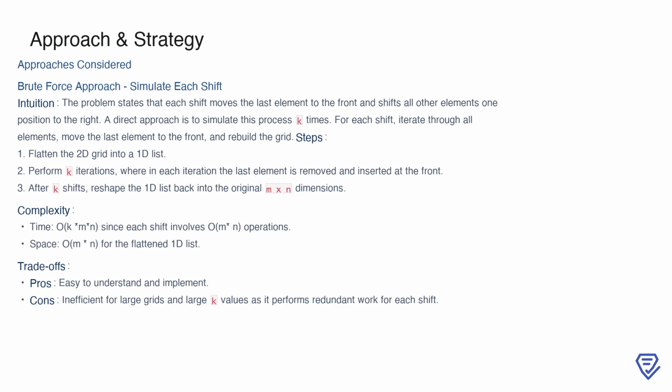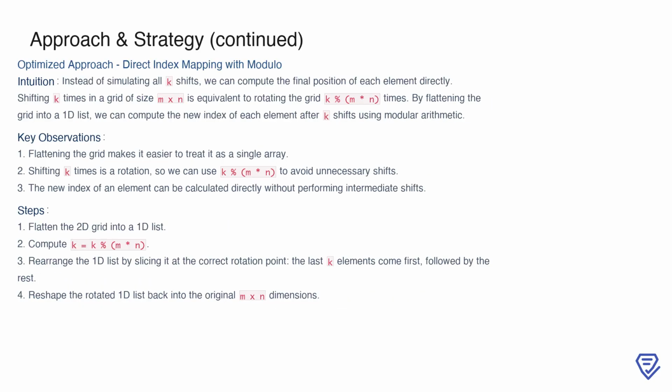Overall, while simple, this brute force method is not scalable due to the redundant work involved in simulating each shift individually. A more efficient solution revolves around leveraging modular arithmetic to directly compute the final positions of elements after k shifts, without simulating each step. The key insight here is that shifting k times in a grid of size m by n is equivalent to